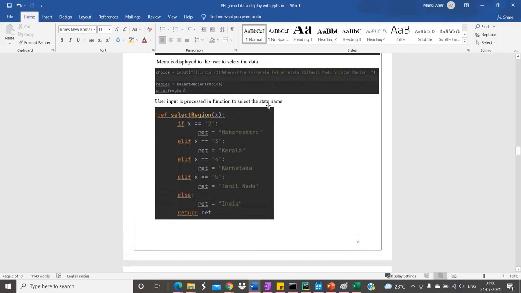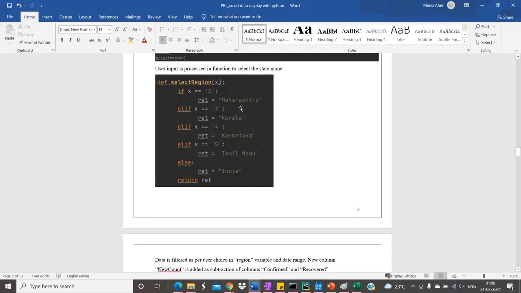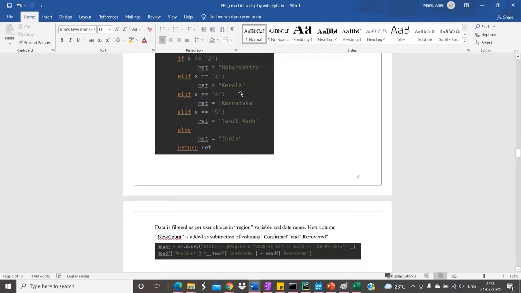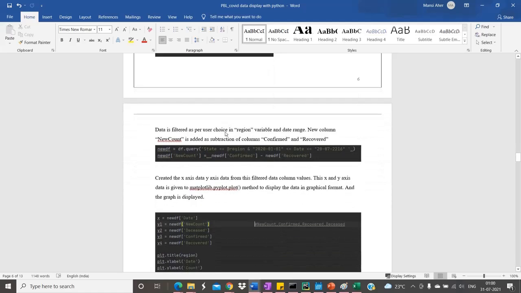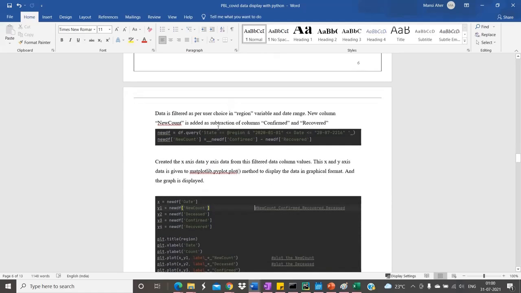Then whatever the user chooses, the user input will be processed in a function, and he can choose a state name or the country. Then this data will be filtered as per the region and its date range, whichever date he or she chooses.